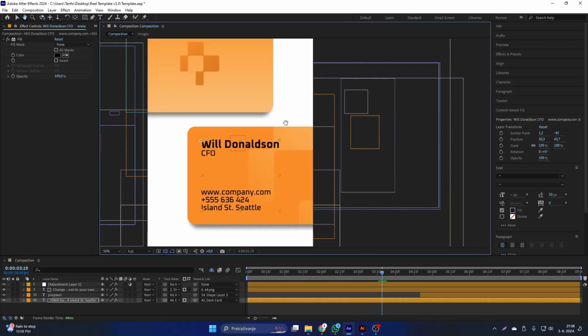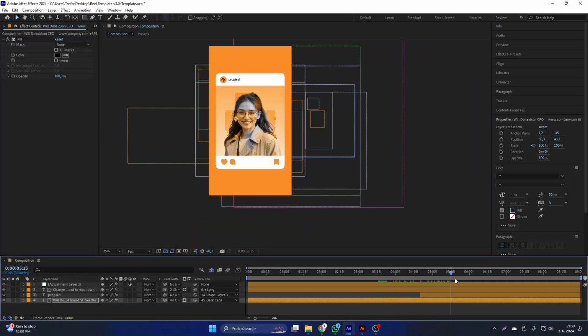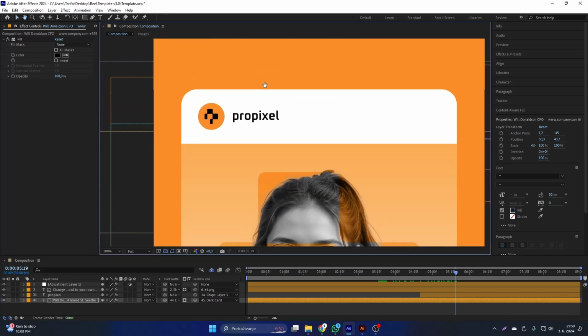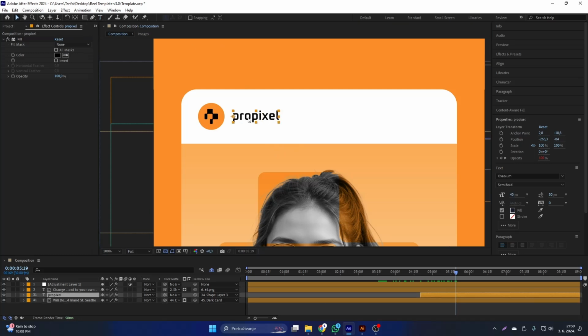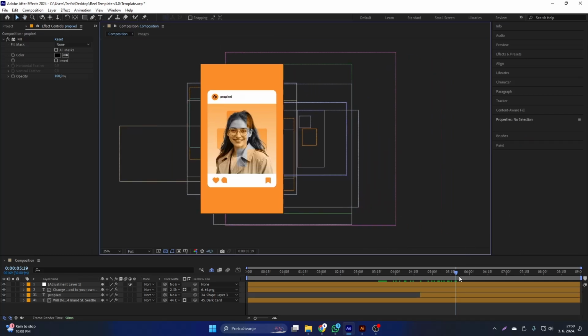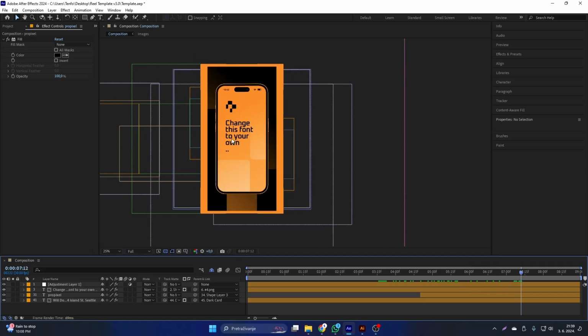And you do the same thing for every text on this mockup. Let's say you want to change this right here. So basically the same thing, just click the text icon, click on the text, edit, and click on this icon, which is a selection tool, to go back. And that's pretty much it. You can also change this text,